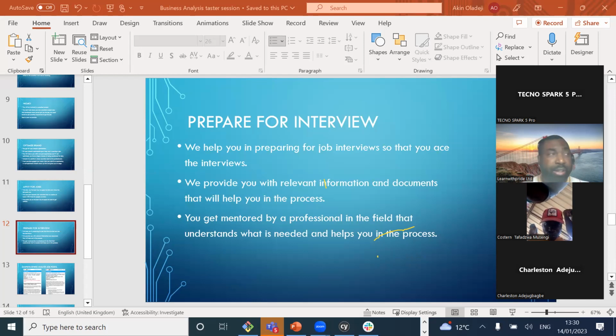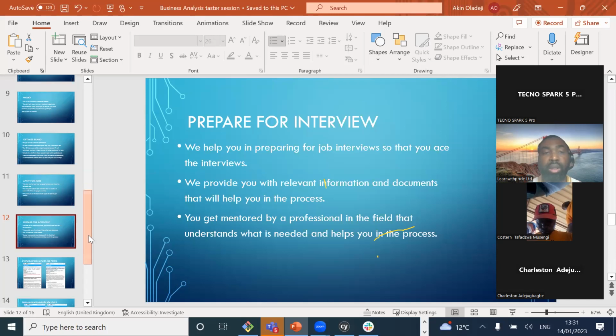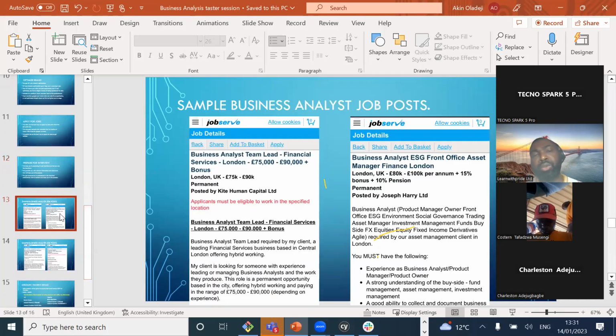So lastly, you get a reference from us for the duration that you are with us. For the 3 months duration, you get a reference from us, which is very, very key as well. All right, so that is how we support. That is how the journey will look like if you are to come on board. And the next slide is just to show you the sample job